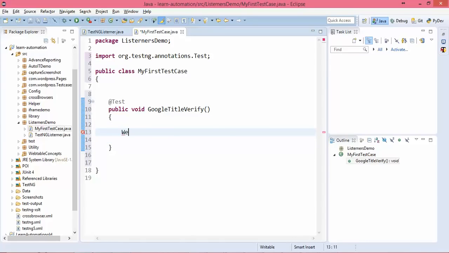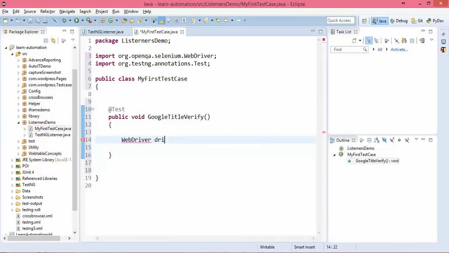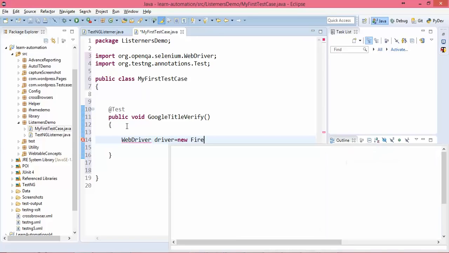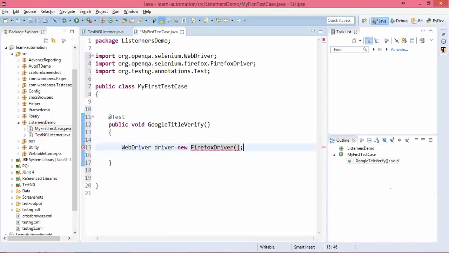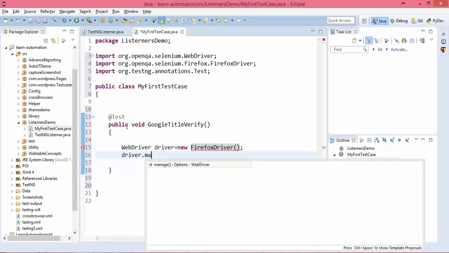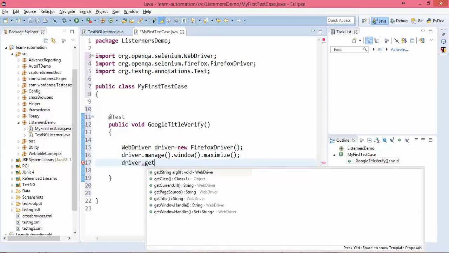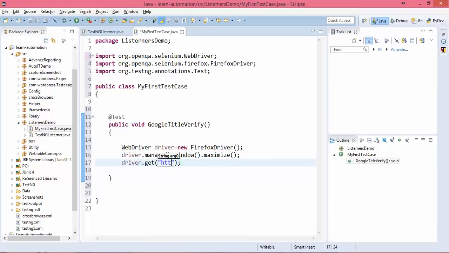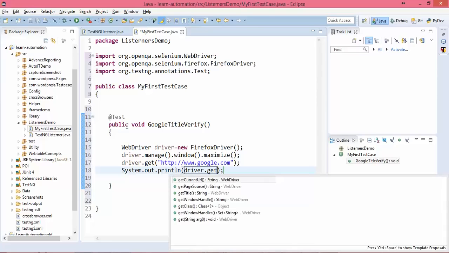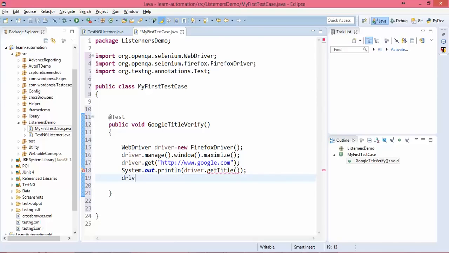So let's write, I will say WebDriver driver equal to new FirefoxDriver. I will maximize, driver dot get google.com, and finally I will print the title, driver dot getTitle, and I will close the application.